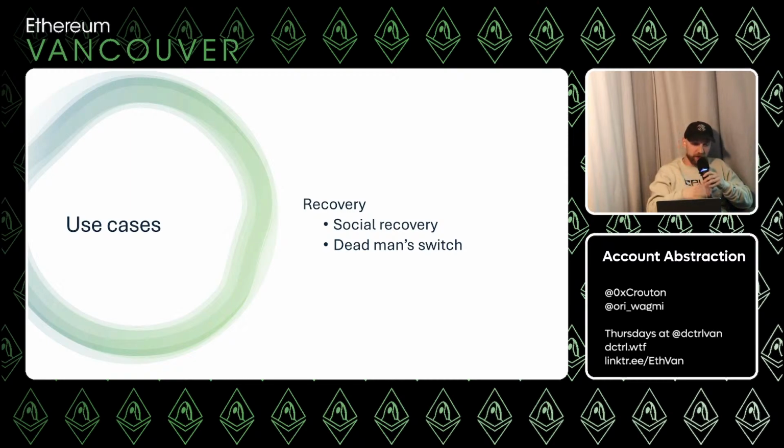So we can actually build a dead man switch with account abstraction. Say your account wasn't accessed in the past year, you then delegate some other entity or person, like a family member, to claim that money on your behalf. And as long as you're active within that year period, that's not going to happen. That person's not going to get access to your account unless this 1 year period lapses.